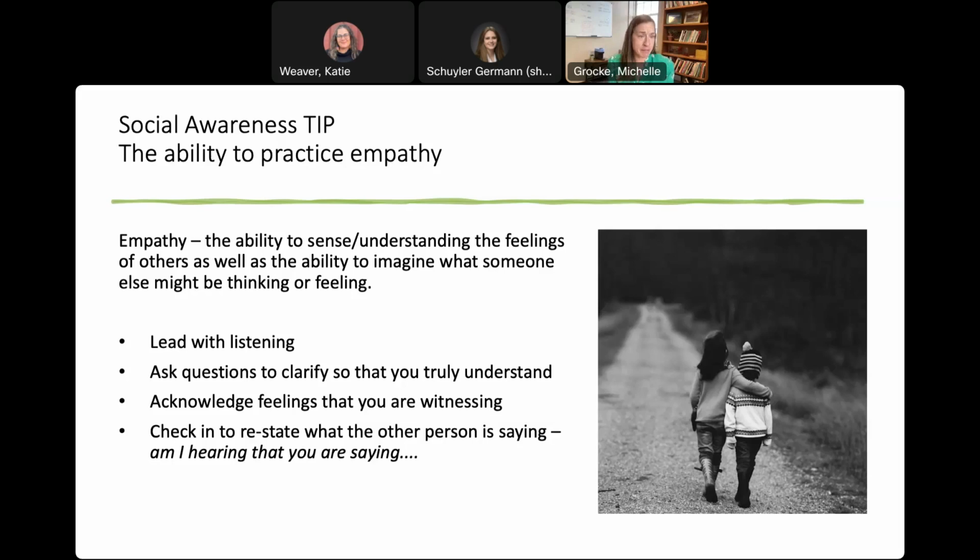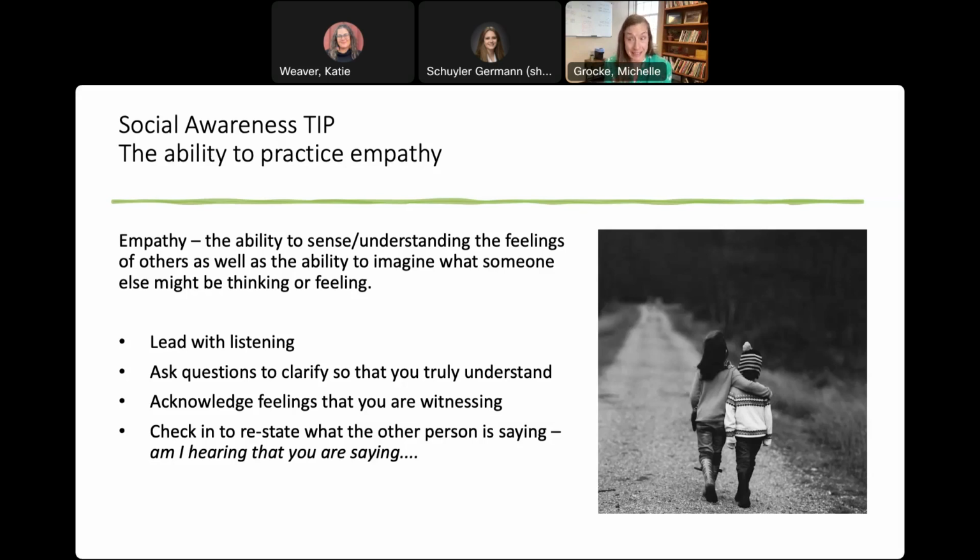So we think about empathy. The definition I like is the ability to sense or understand the feelings of others, as well as the ability to imagine what somebody else might be thinking or feeling without them saying it. So some tips to improve your empathy skills